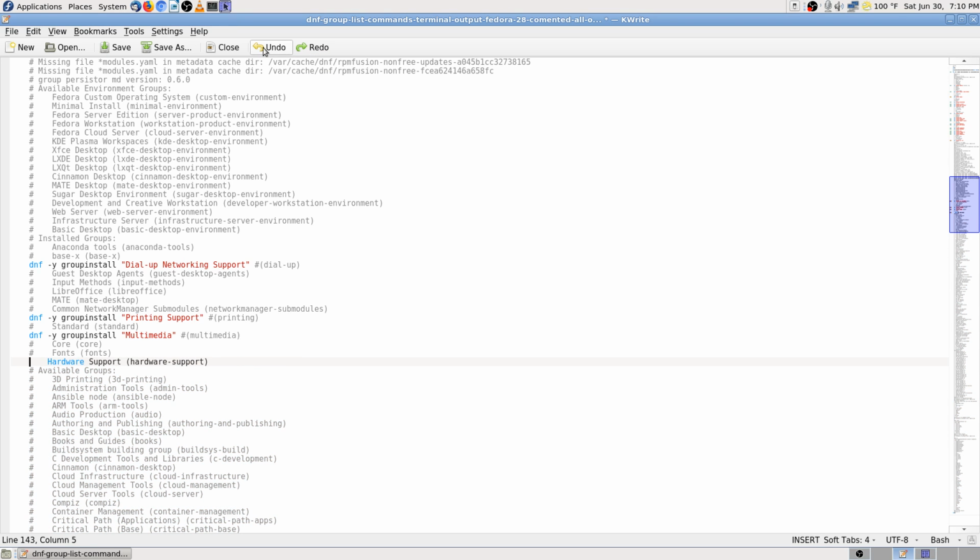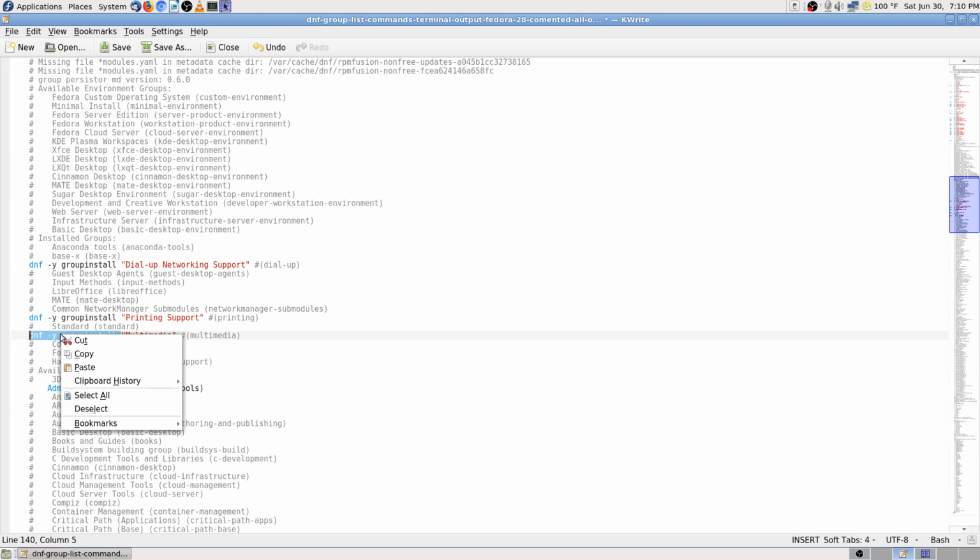Graphical support, hardware support. I mean, okay, now available groups. This is still under the hidden group system. 3D printing. Well, I don't have a 3D printer. Oh, I do like administrative tools very much. They help. A lot of stuff in there that you can